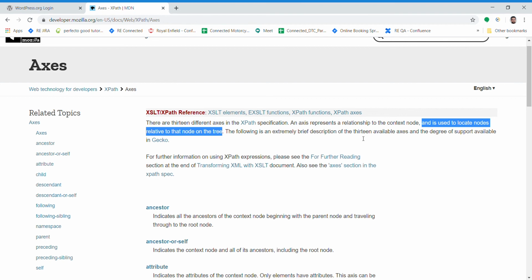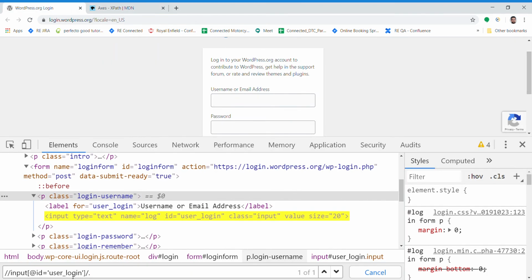In our example, this user login is the context node now. If you want to traverse backward or forward, we are going to consider this as the context node, right? If you want to go to this, there is a different axis name. If you want to go below that, there is a different axis name. So this is the node from where we want to go to some other nodes, right?